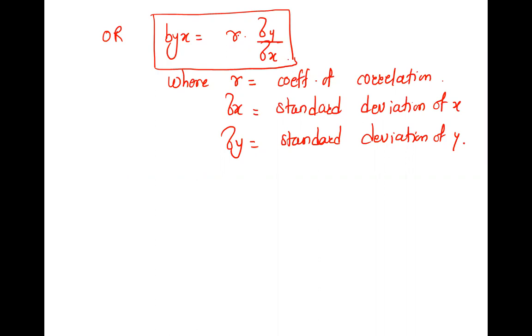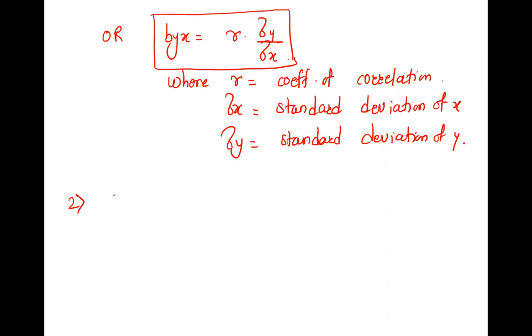How do we find r? We have seen that in the last lecture. If data is given, we can go with our calculator and find r. Sigma will be there in your calculator, sigma x and sigma y both. We'll put them here and find the value of byx. Okay, now that was the first line, the regression line y on x.